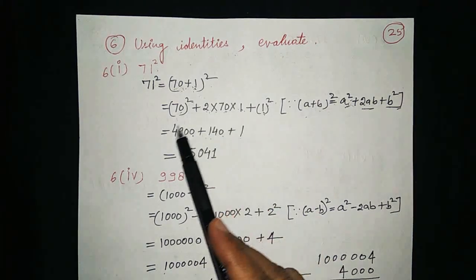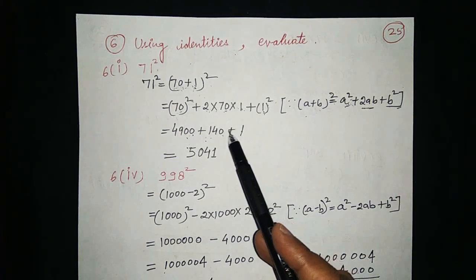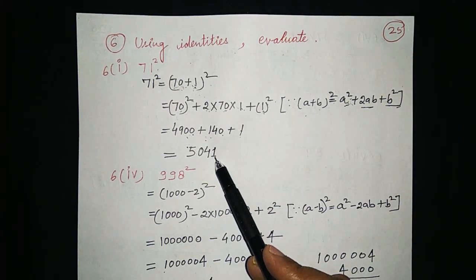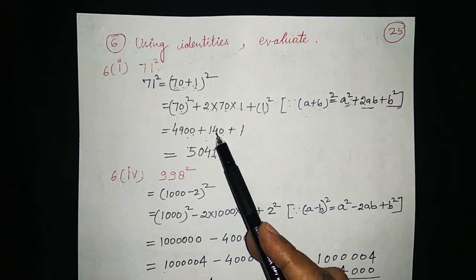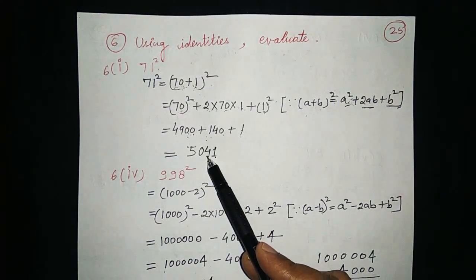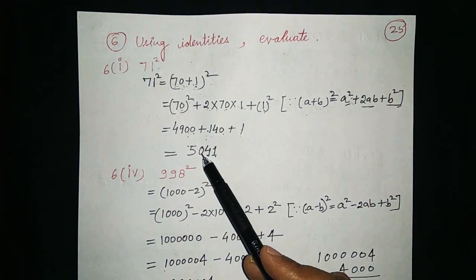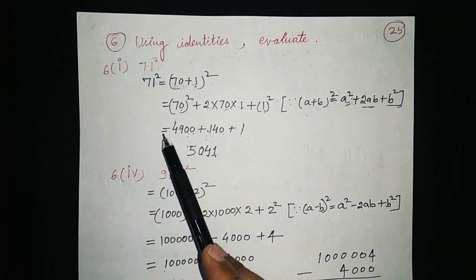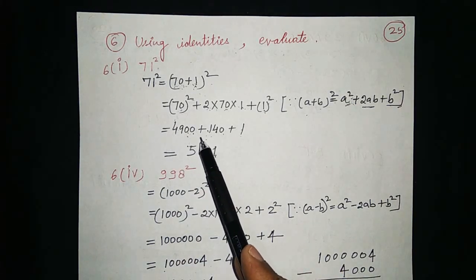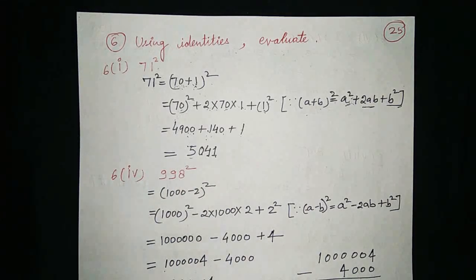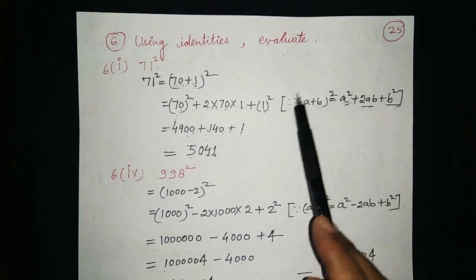Now we will add this. Here 1 plus 0 plus 0, here 1 will come. Now this 4 and this 0, 4 will come. Now this 9 and 1 if you will add, 10 will come. So 0 you will write and 1 here. So 4 plus 1, what you will get here? 5. 5041. So here your answer will come 5041, which you have calculated using this identity.